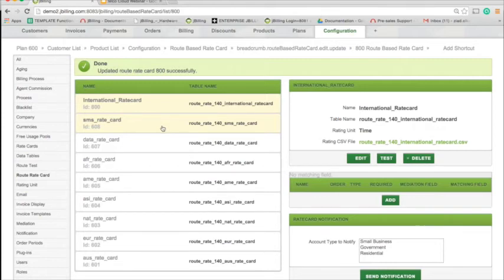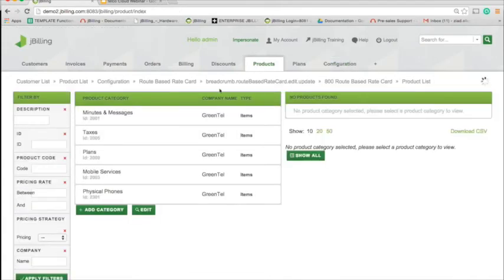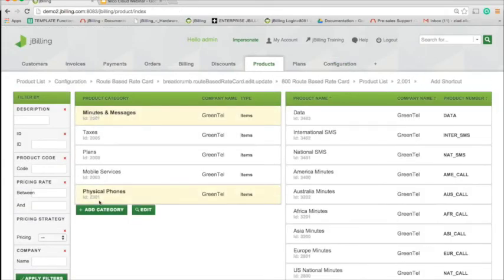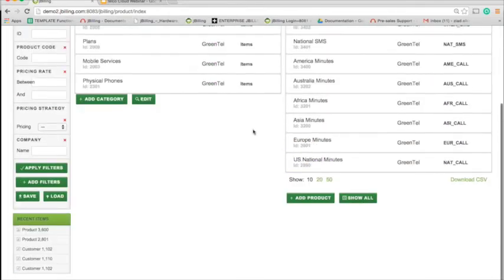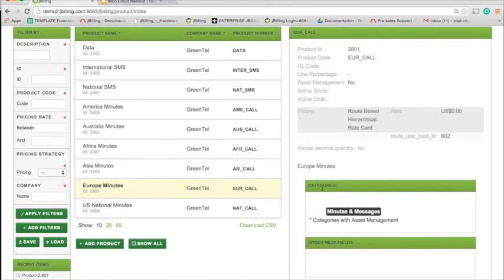So now you're probably wondering, okay, well, I have this rate card. How do I link it to a product? Simply, if I click on the products tab, I have a few categories here. As you can see, I have minutes and messages, mobile services, physical phones. If I click on minutes and messages, I have certain products related to regions. I have Australia, America, Africa, Europe, Asia, and national. So if I click on Europe as an example,